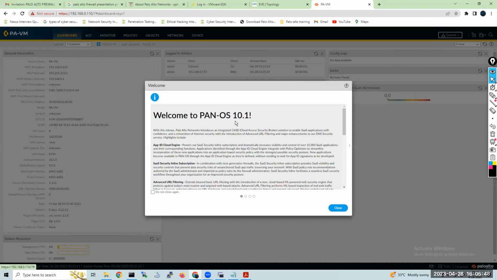Remember, guys, this is an interview question. Which operating system are we using in the Palo Alto firewall? We should say this is PAN-OS 10.1. This is the latest one, guys. 10.1 is the latest. And remember, when I learned, I think I learned 8 and 9. So even this is